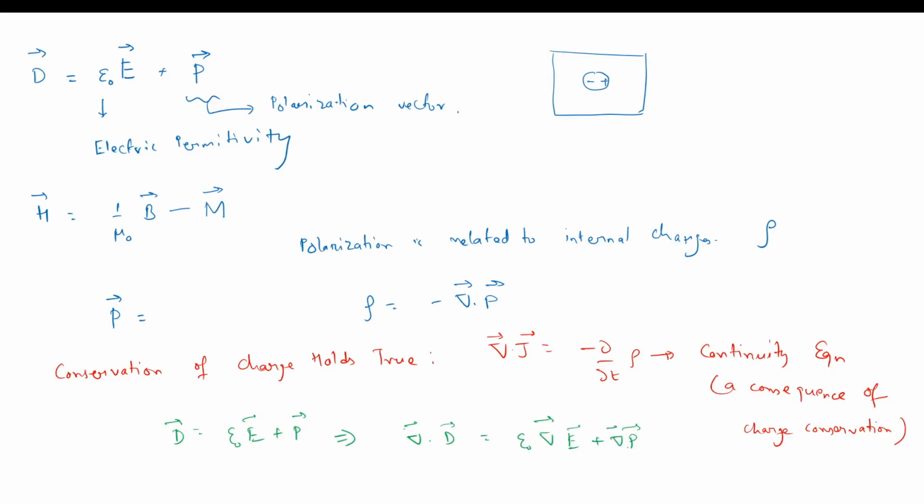We're taking the divergence. Now we know from Maxwell's equation that epsilon naught divergence of E is what we want to find out, plus from this equation, minus rho. So this gives us epsilon naught divergence of E is equal to rho plus rho external, and rho external is nothing but